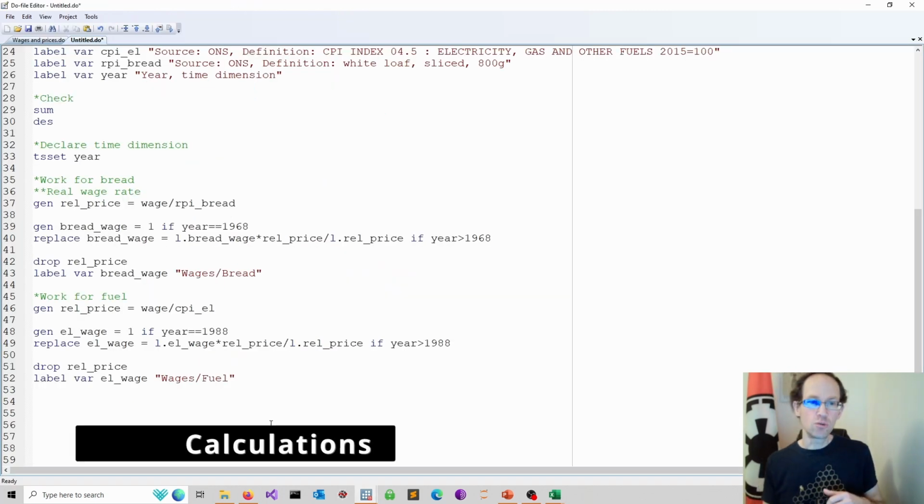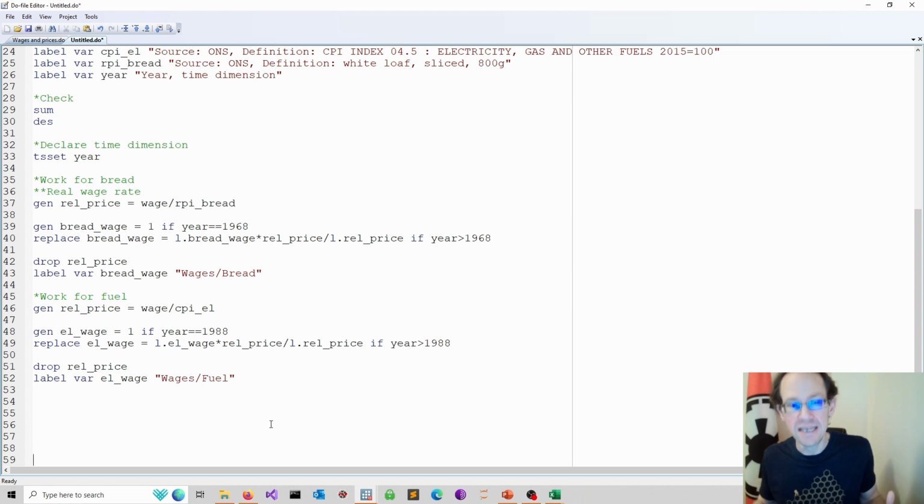Next I do some very basic calculations. Of course you can argue, well, I can do this in Excel. Yes, you can. But I strongly advise you against it. It's much better to do any calculations in Stata or Python because it's so much easier to replicate. And the main issue is replication of your findings. That becomes a real headache if you do it in Excel, because in Excel you can easily make mistakes in an equation and you don't notice.